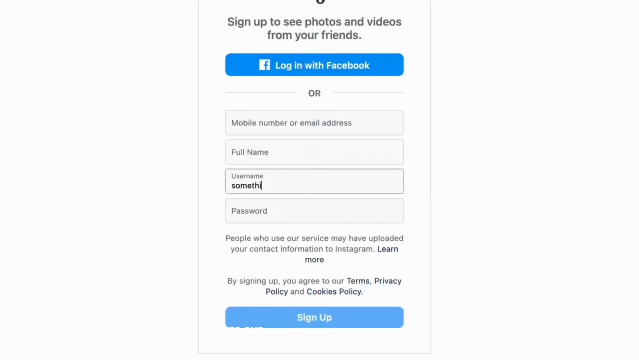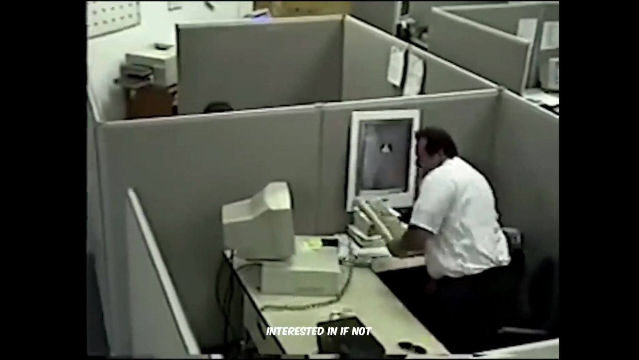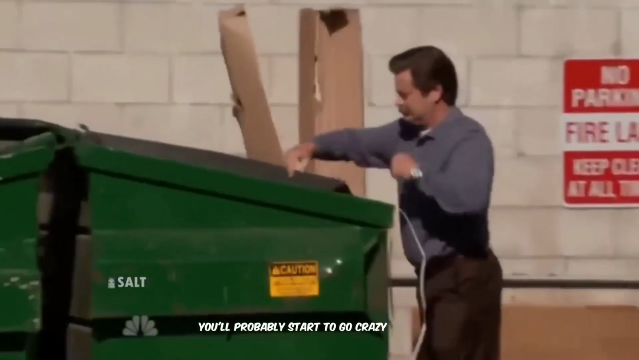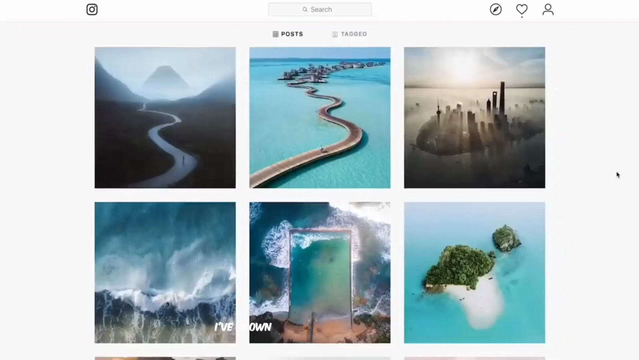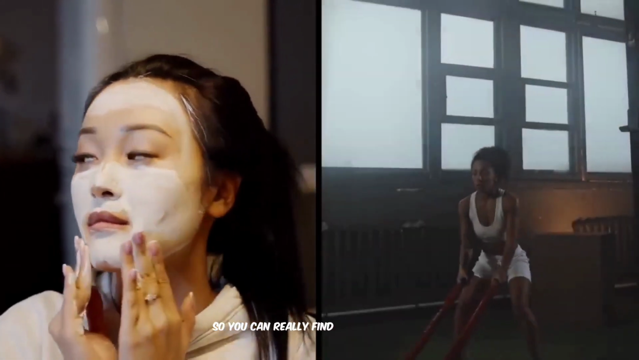Step 1. Start an Instagram account about something you're passionate about. You're going to be spending a lot of time making content around this topic, so it needs to be something that you're actually interested in. If not, you'll probably start to go crazy and lose motivation. I've grown successful accounts in the travel, sports, health, and fitness niches, so you can really find an audience for